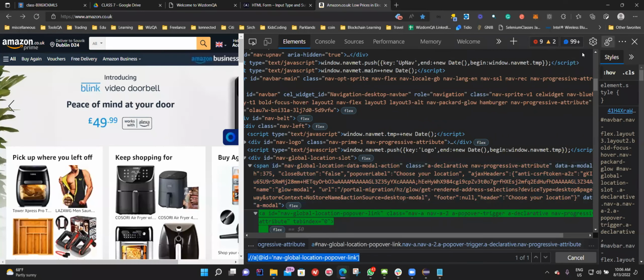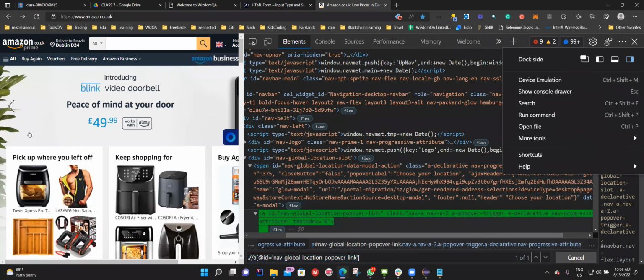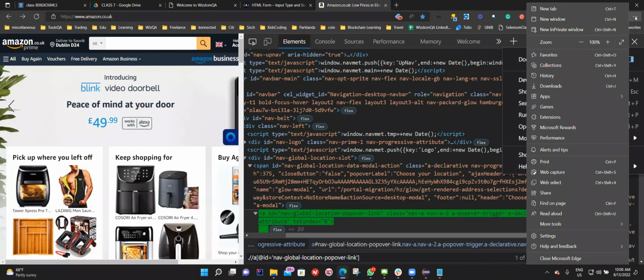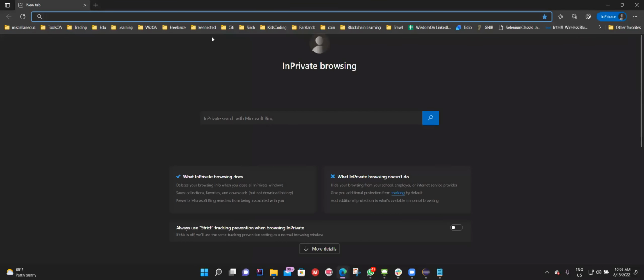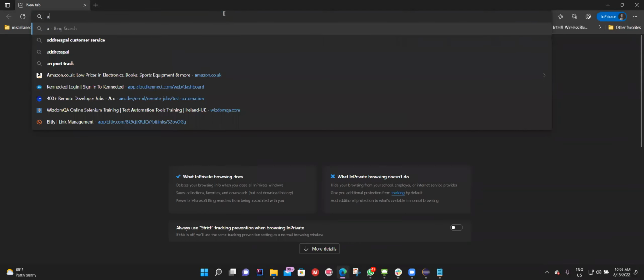For example, if I want to go to this particular page, actually, you know what? This will fail when I run the program. Why? Because when I run the program, the Selenium WebDriver will launch this application in incognito mode. Let's say, new private window, right? If I go to amazon.co.uk,